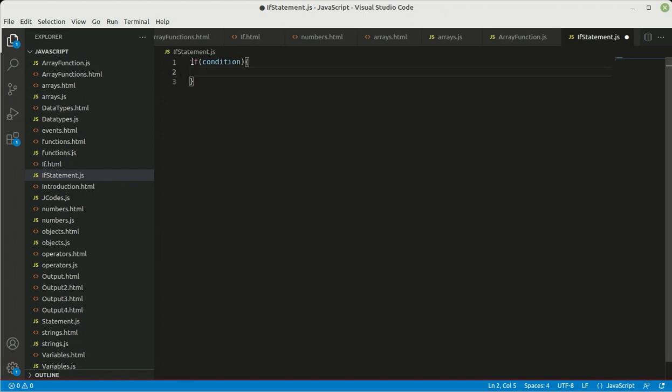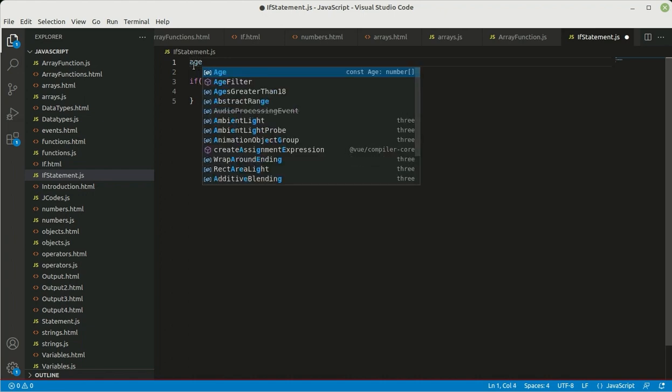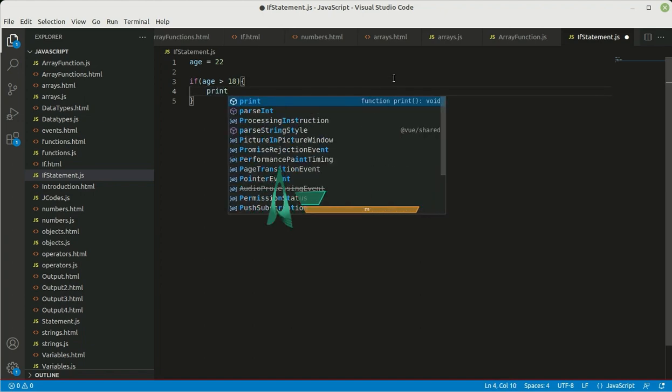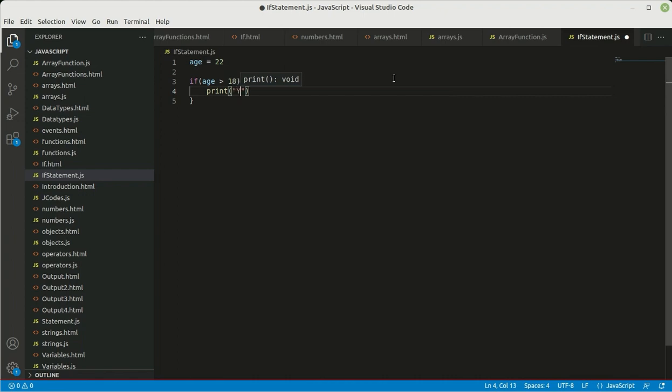So for example, here we want to talk about the age gap. Let us first say age equals 19 or 22, and our condition is: if age is greater than 18, then inside of the block we can print, you are authorized to enter,